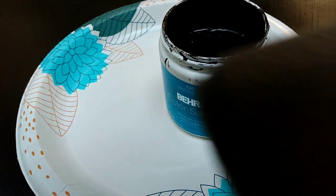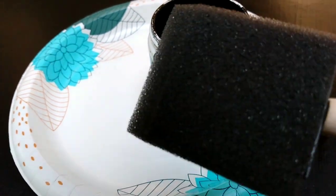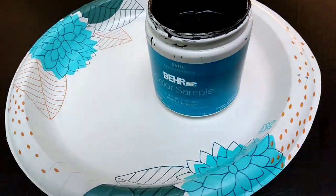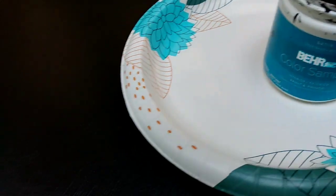I had a paintbrush somewhere, and I do not feel like waiting and going to the store and buying another one. So I'm just going to use one of these little spongy brushes here. It'll do the same. All I'm going to do is take this paint and just paint over it. It doesn't have to be neat. I'm just going to paint it